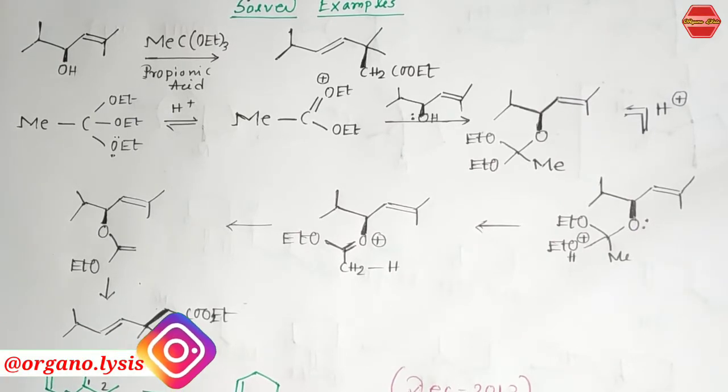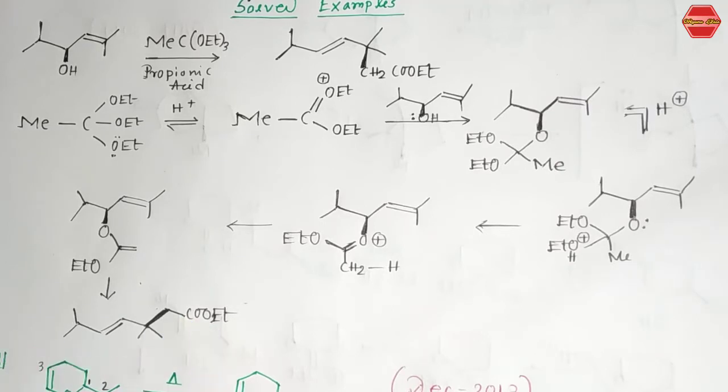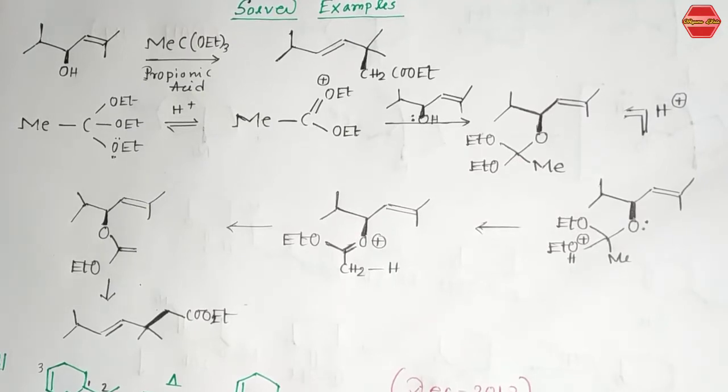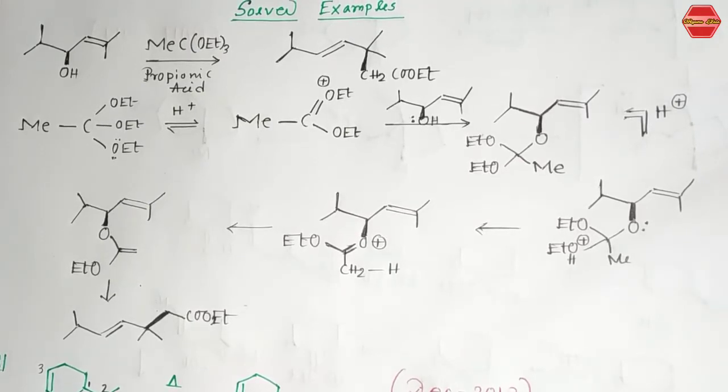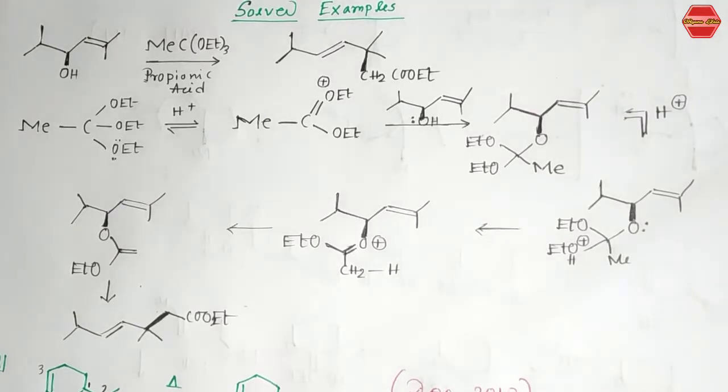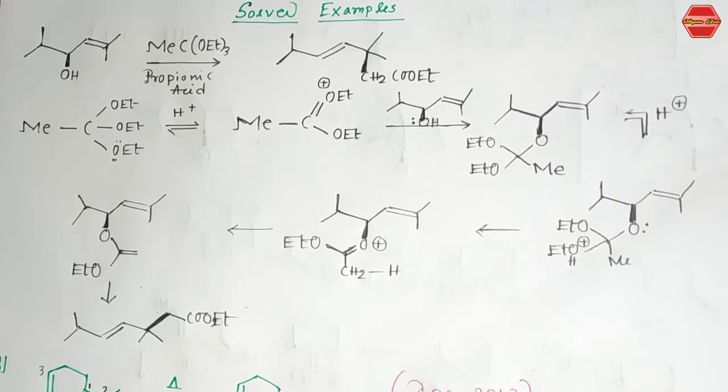So this is our rearrangement reaction part 10, and in this video we are going to solve some questions regarding the Claisen rearrangement or other 3,3 sigmatropic rearrangements, right? In the previous video we discussed the basic things of this rearrangement reaction, that is the Claisen, Cope, Oxy-Cope, anionic Oxy-Cope, Aza-Cope, right?